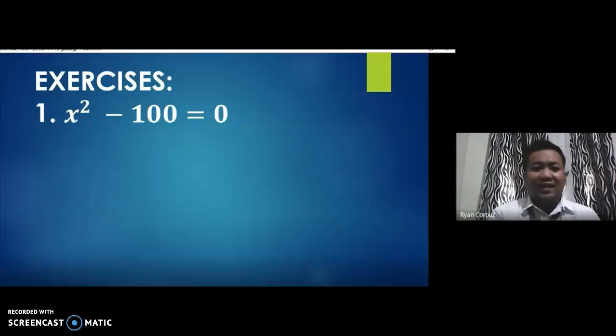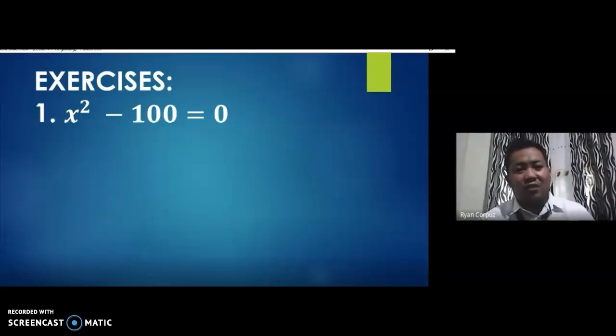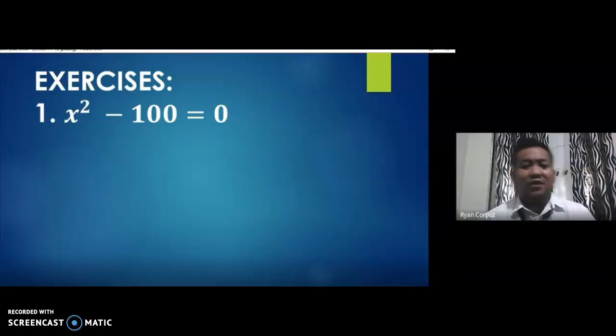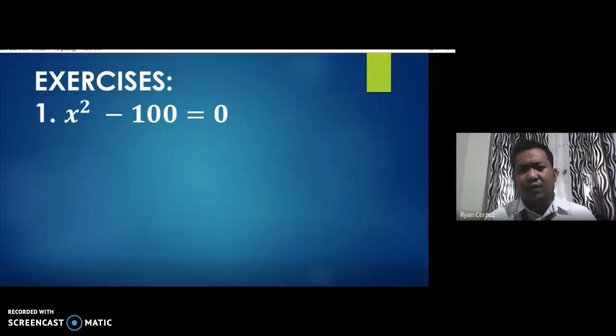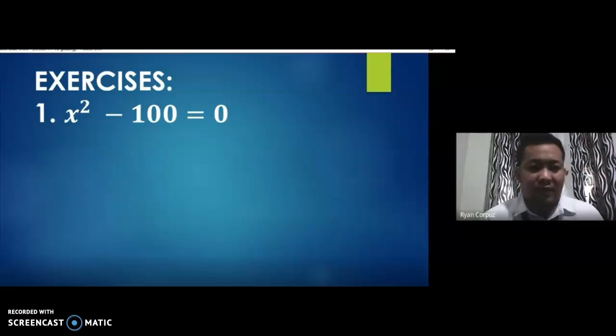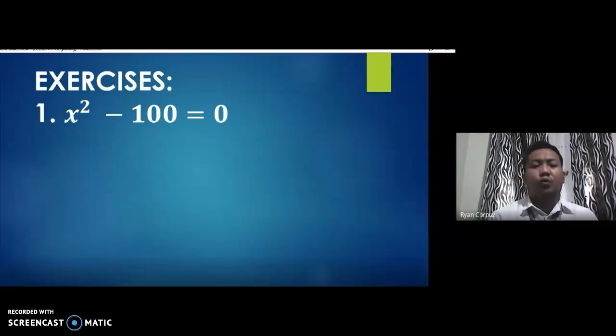So only the quadratic term and the constant term are present in the given equation. So if the given equation is like that, I guess the easiest way that we can solve the given quadratic equation is by using a method which is what we call solving quadratic equation by extracting the roots. So what's the first thing we're going to do? According to the first step,